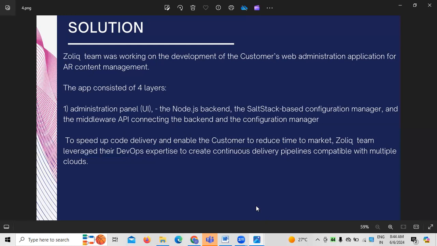So this is all majorly useful to speed up the code delivery. At the same time, this enables customers to reduce the time to market. So that is what we are addressing. Along with this, the solution provider wants to leverage DevOps expertise, which is majorly used to create